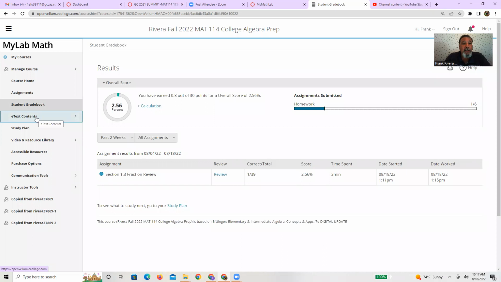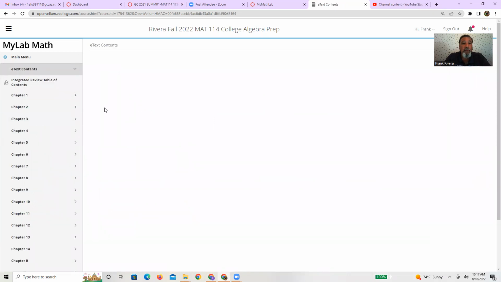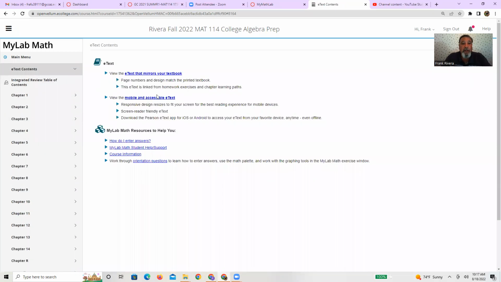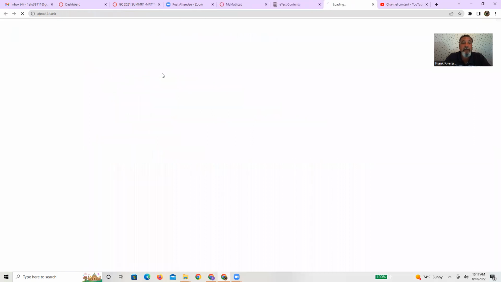If you want access to the textbook, you can do 2 things. There's the mobile accessibility or the e-text that mirrors your book. So perhaps you want to go read the text itself. All right, you would just press the e-text like I did there. And what it basically does is gives you a snapshot, my internet's slow again,